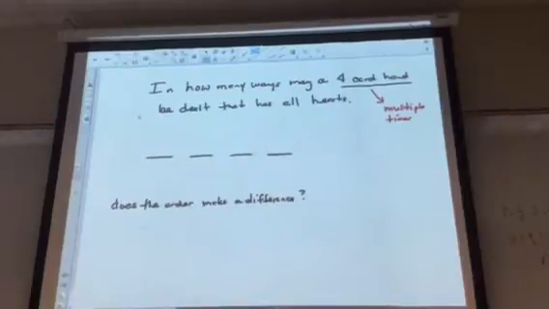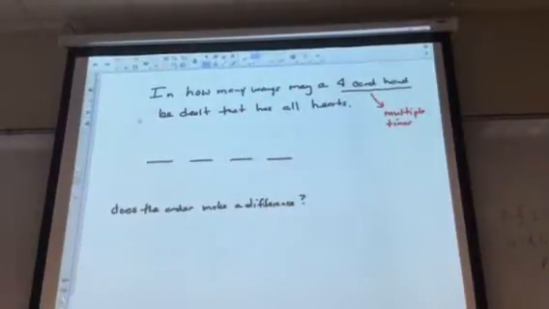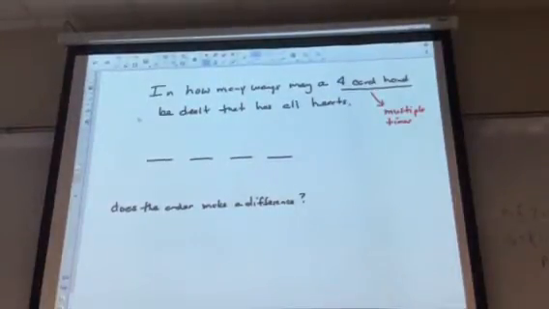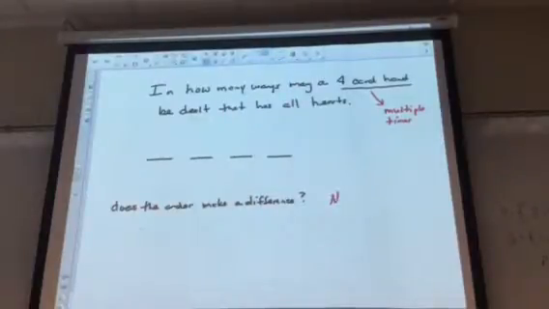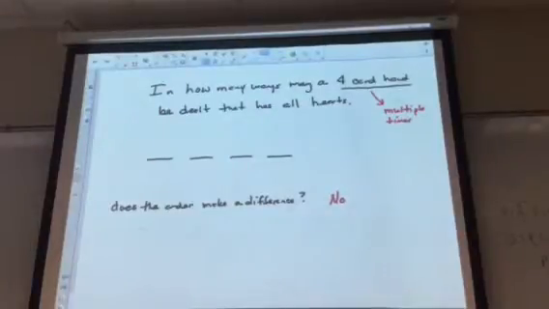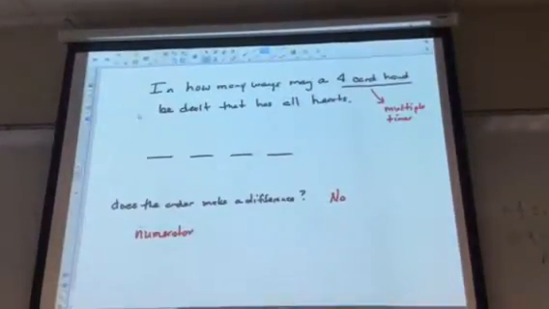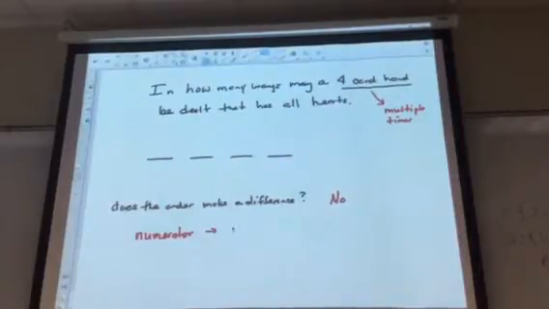So order would be important if it's a unique identifier like a phone number, a zip code, an address, a combination for a lock. But if all I'm worried about is what I'm being dealt out, then I don't care what order they happen to be in, as long as I get all these things. So if your answer to the question is no, then that means that you have a 2-part problem with these 4 lines. Your numerator, because these things are going to look like fractions now, your numerator is going to control